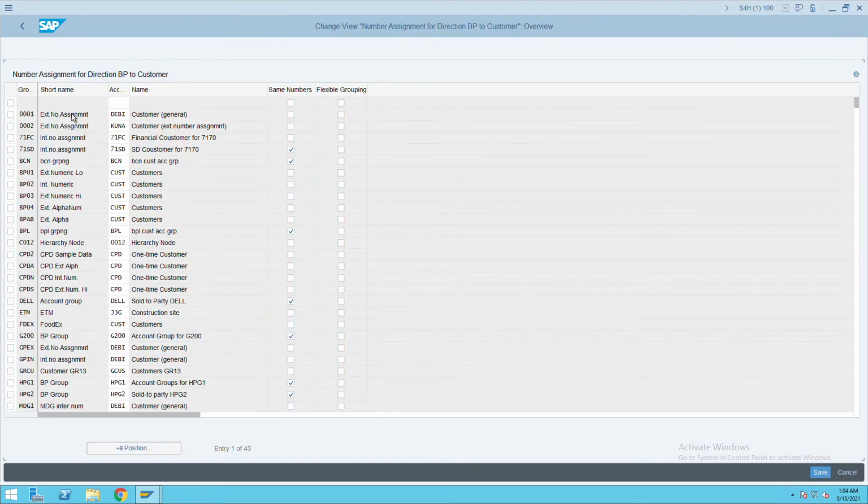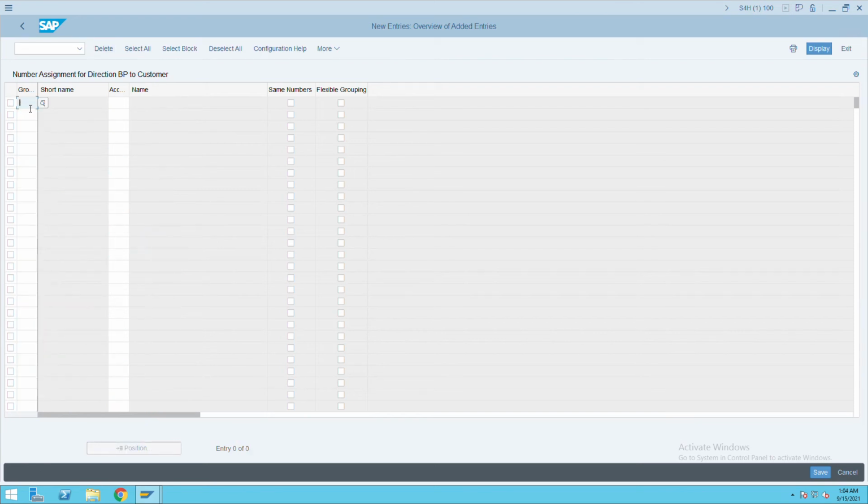So click on new entries. Give the business partner group here ITCC, and here also give ITCC, and click on same number. So it will create the BP number same as vendor, or vendor number same as BP. So click on save, then go to BP. Before that we'll go to